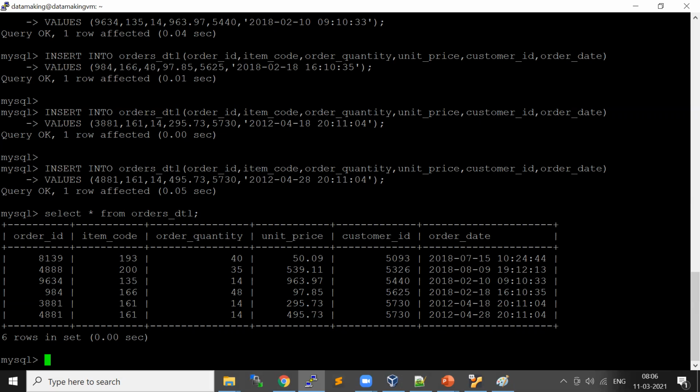So we'll try to import this data into HDFS. Okay, let me open another window.